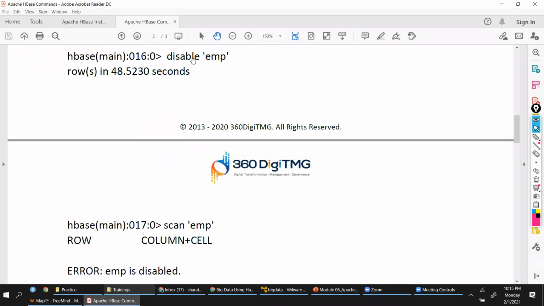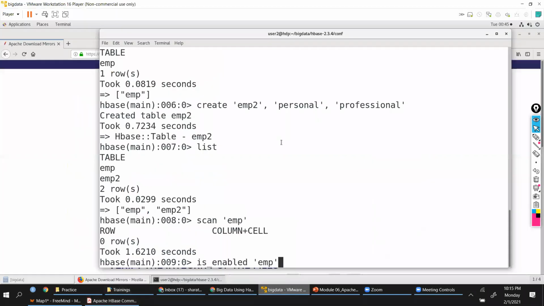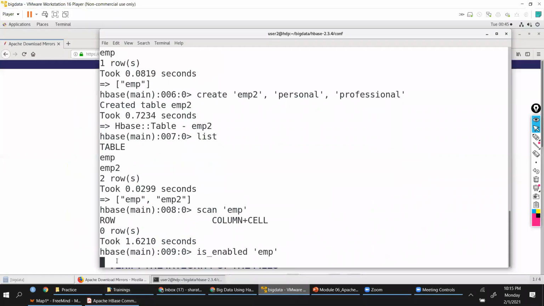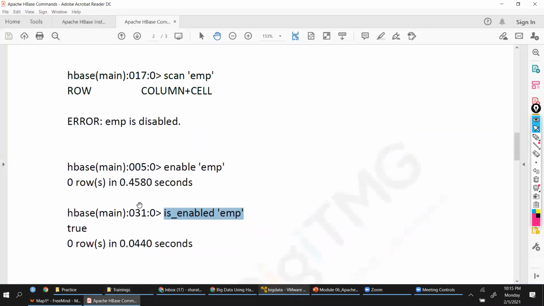If I have to edit anything on this table, you need to make sure that the table is in enabled mode if you want to work with your HBase table, and you can use this is_enabled command to check whether it is enabled or disabled. It will say true. Now, unless it is enabled, you cannot access the table.